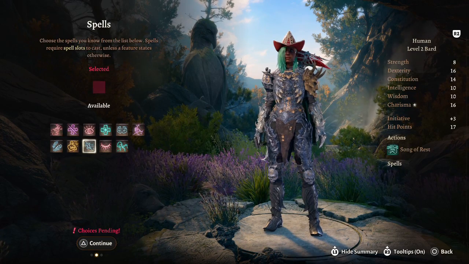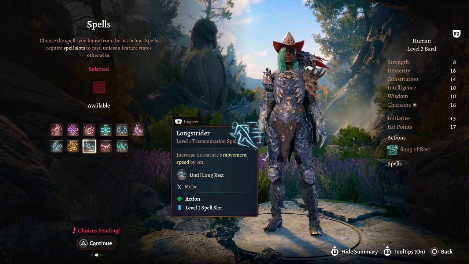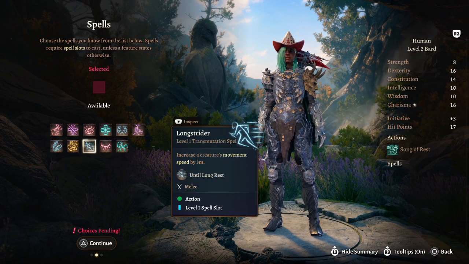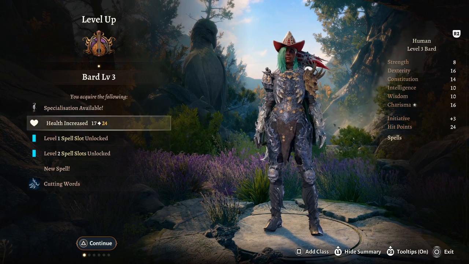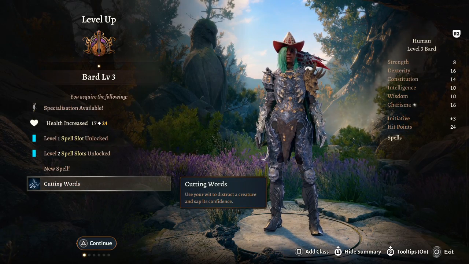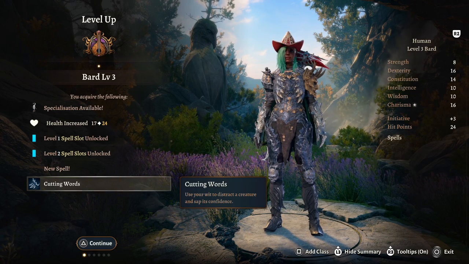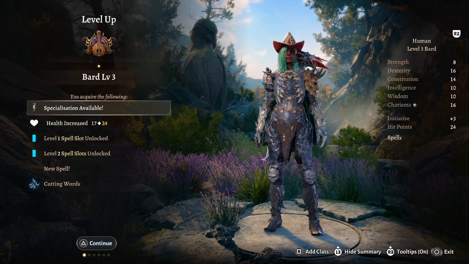For a spell, we're going to go with Longstrider, as this can be a ritual spell you can cast as soon as leaving camp, and it will not use your spell slots. Okay, Bard level 3, we have access to Cutting Words, so use your wit to distract a creature and sap its confidence. This is really good, this is a reaction, so it can help characters miss, but more importantly, we